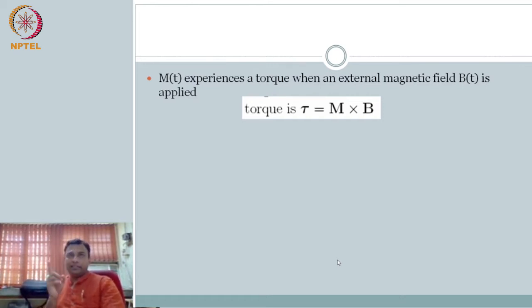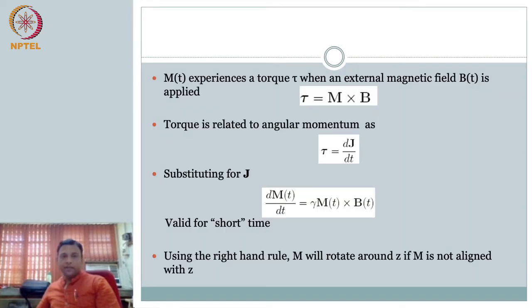So we have the net magnetization vector. If you have an external magnetic field, then the magnetization vector is going to experience a torque, which is given by tau is equal to M cross B. Very similar to what you have with the gravitational field. I'll show an example of the top, and maybe that will make you recall the material you would have covered in your engineering mechanics when you talk about gyroscopes. Okay, so you have a torque which is M cross B.